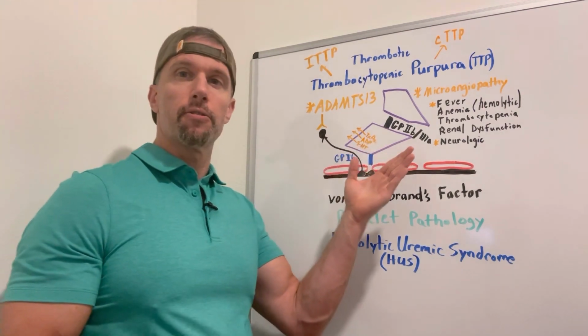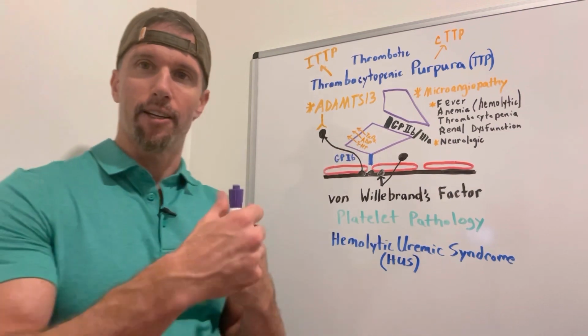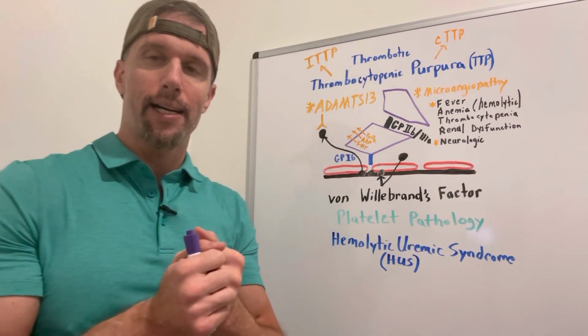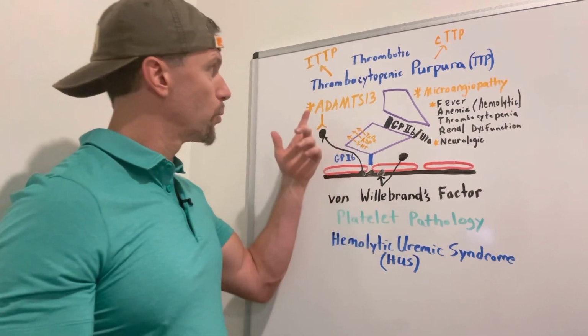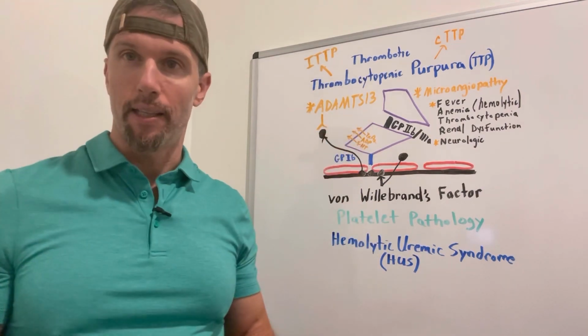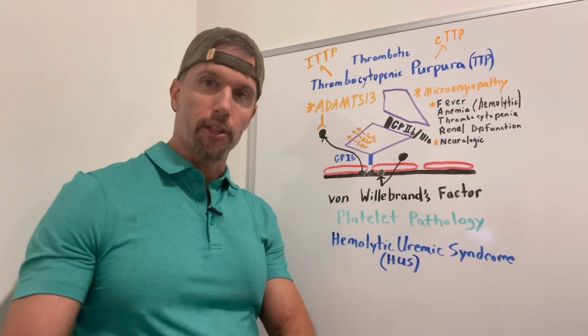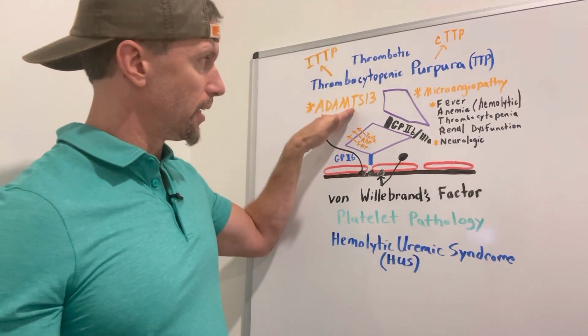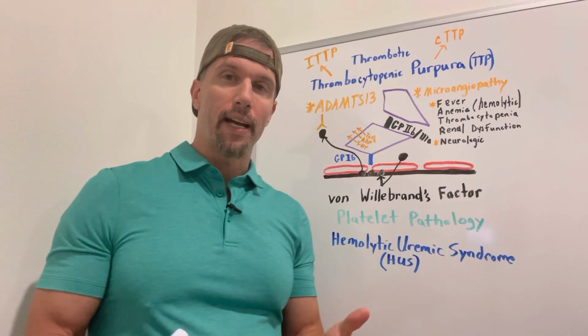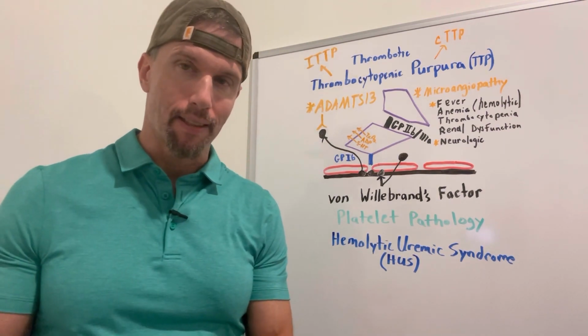So if you have some kind of injury to your endothelium, the underlying von Willebrand factor will kind of expose itself, and that gets platelets adhering to it and to each other through a platelet reaction. And you want to clear that, and you clear it with ADAMTS13. It's a metalloprotease that clears it out. So if for some reason you're either deficient in this or you have antibodies that are inhibiting this enzyme,